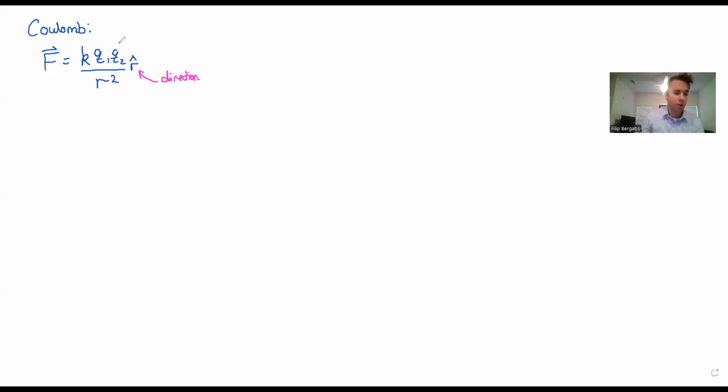Okay, so the picture that I always have in mind when thinking about Coulomb's law is I imagine that there are two charges located at some points in space, and let me label them Q1 and Q2. Then these will exert a force on each other. It would be attractive if they are oppositely charged, but it'll be repulsive if they are the same charge. So let me draw, for example, the version if they are the same charge, either both positive or both negative. In that case, this force is repulsive, so it points away from each other,